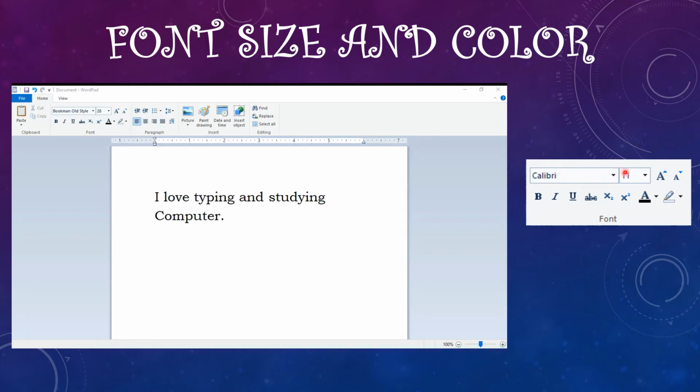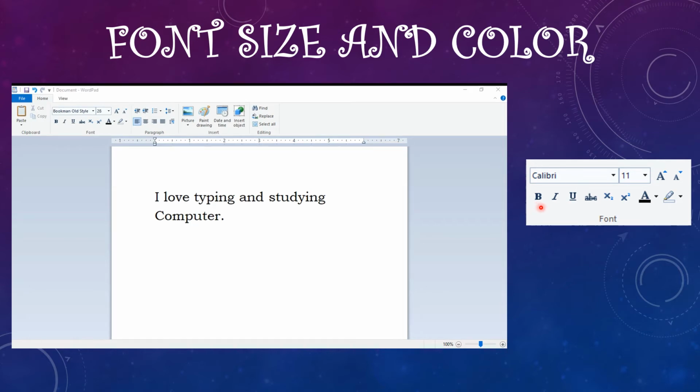This is the font size. Okay, font size, and this is for font color. And this is for bold, italic and underline.